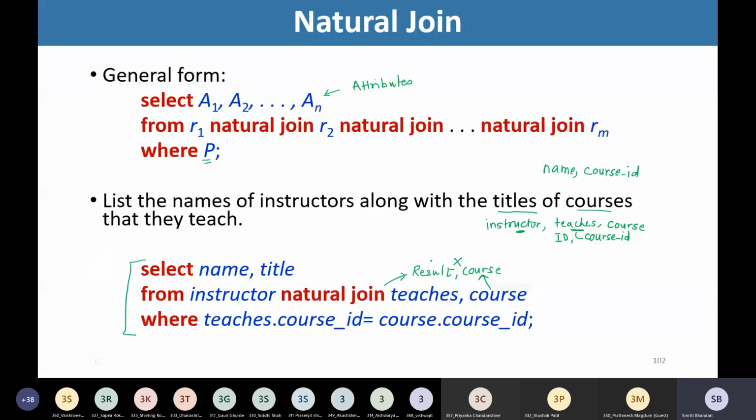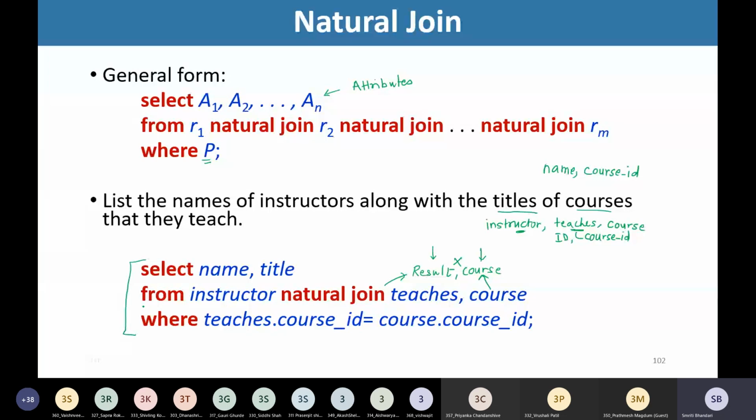The common attribute that I would like to match is course ID. So I'll be matching teachers.course_ID equal to course.course_ID. Right? So this is how I have written this statement.